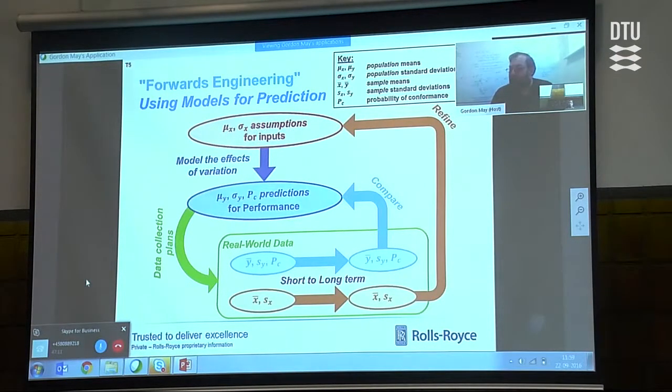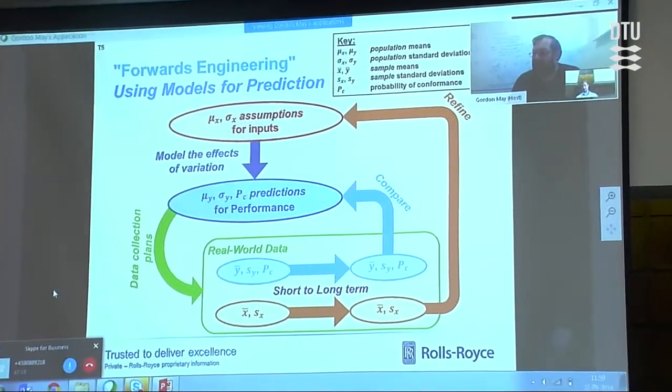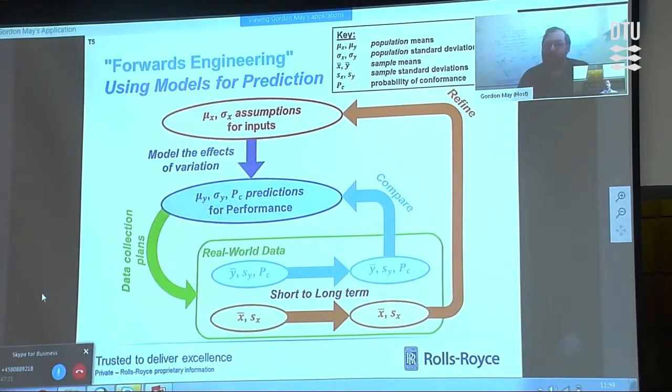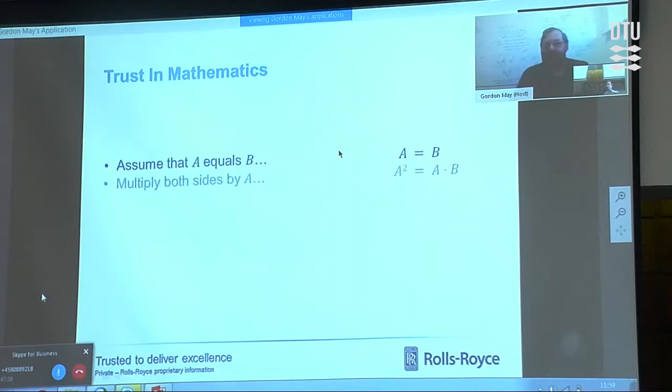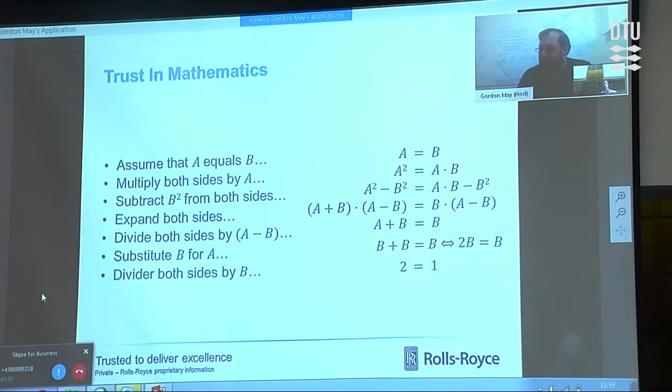If it's no to one or the other, then clearly we need to understand if it's because we made the wrong assumptions. If we update those, hopefully that corrects the situation. If the assumptions are right but the predictions are wrong, then clearly there was an issue with the model itself. So that's the long and short of it. Hopefully that's made some sense. What I just want to leave you with here is something that makes you think, well, actually, okay, we can verify and validate all these complex models, but